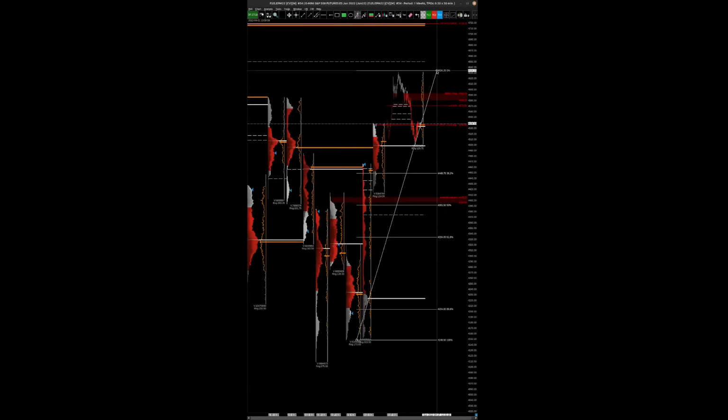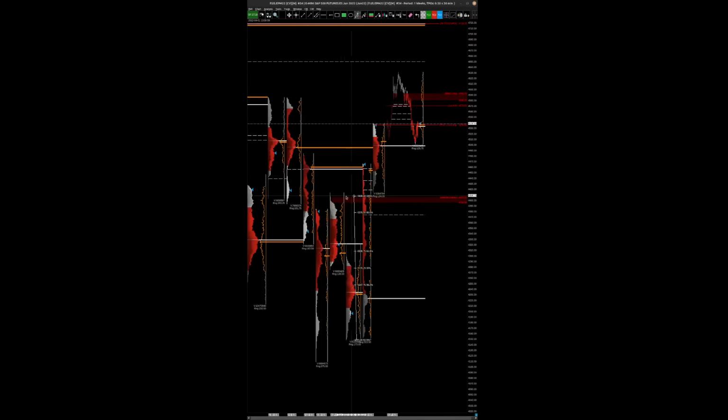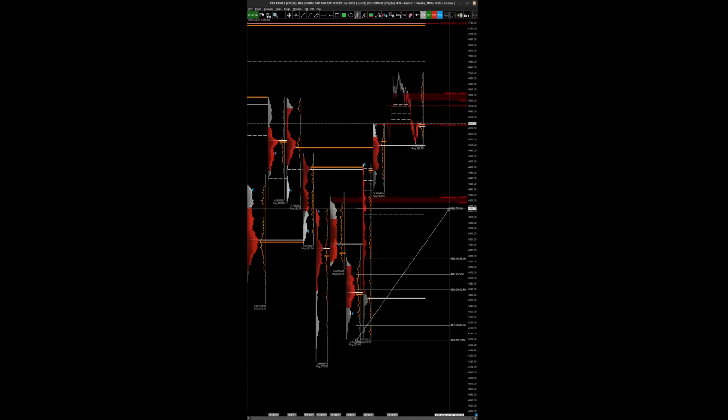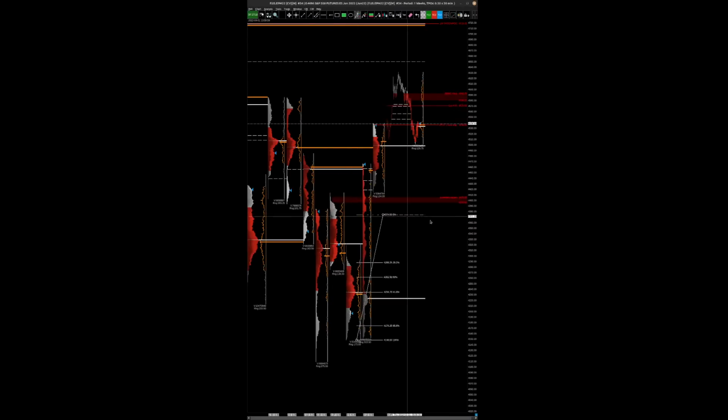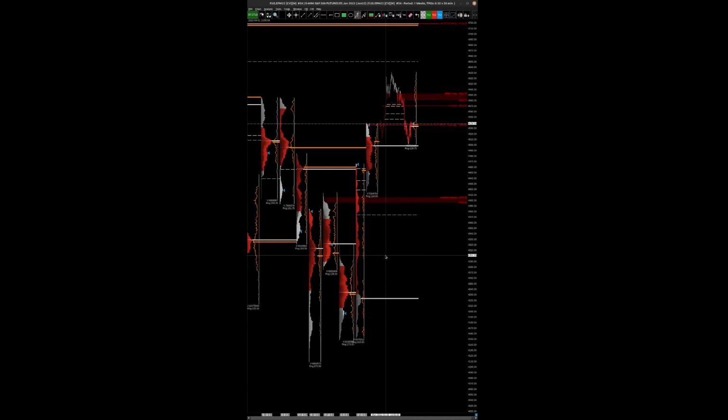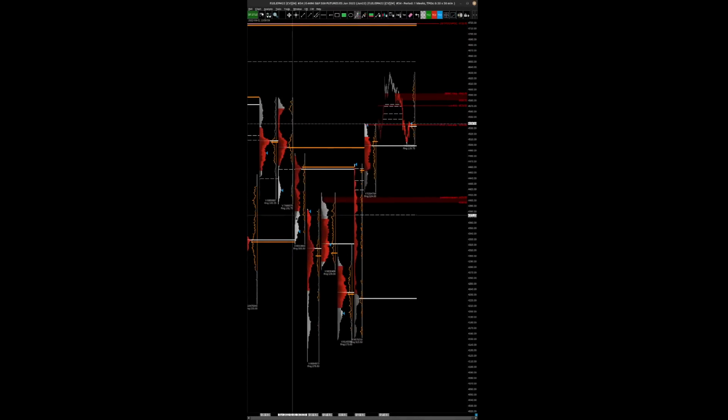So when I'm putting that there, I'm looking at the structure, but I'm also thinking this is about halfway, and then this is where shorts were wrong. So they'll likely, if they're still holding here and adding up here, they'll likely want to try to get out here, right? And it happens to be about a 50% retracement, right? So you can kind of see that the structure, and then about halfway down, or 50% retracement, kind of correlates here, right? But then you got all this thin volume, so